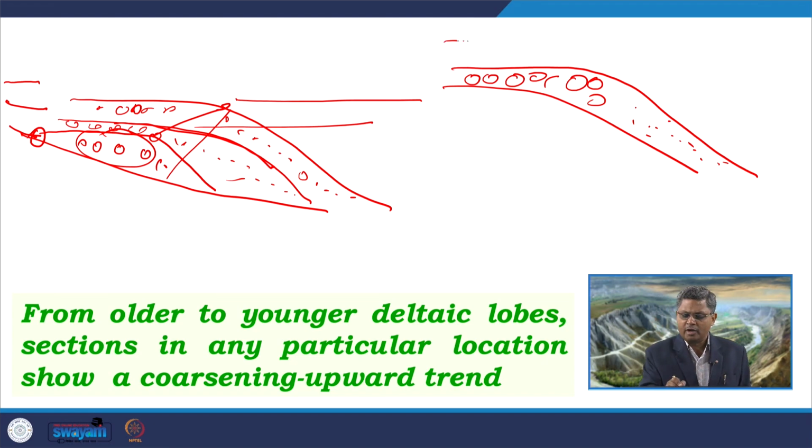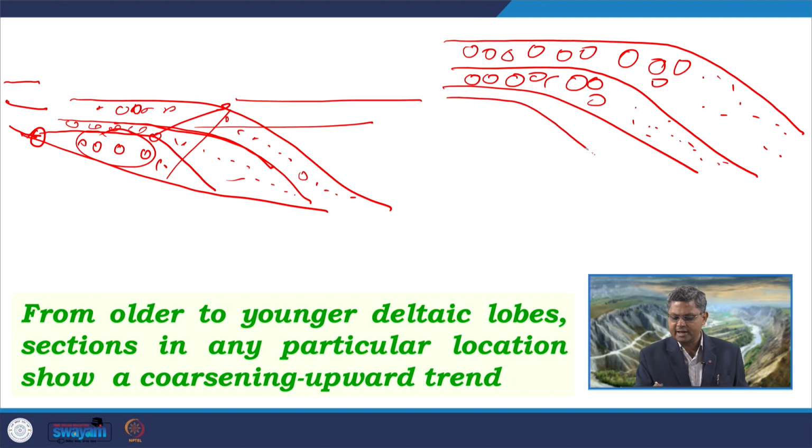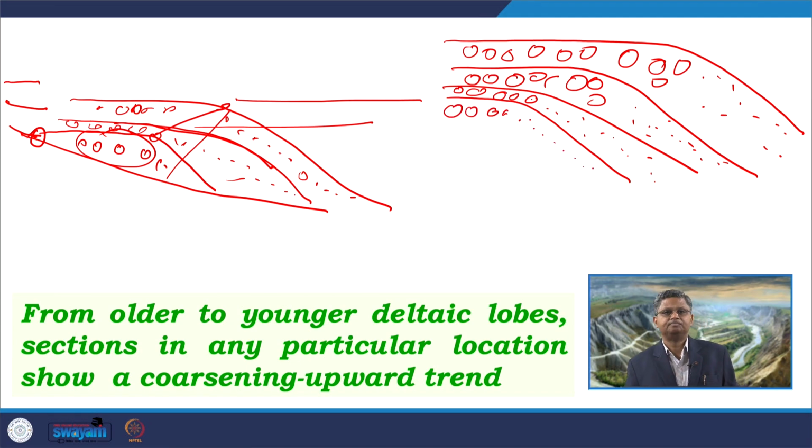Now, when I am looking at the upper one, it is carried further away. So, definitely the coarsest grains are available over here in this portion, and then the finer materials are distributed in this portion. If I draw the first one, it will be something like this. In this one, what was the distribution pattern? The coarser grains were mostly confined over here, and finer grains are distributed in this area. In the first one, the coarser grains were distributed like this, and the finer grains like this.